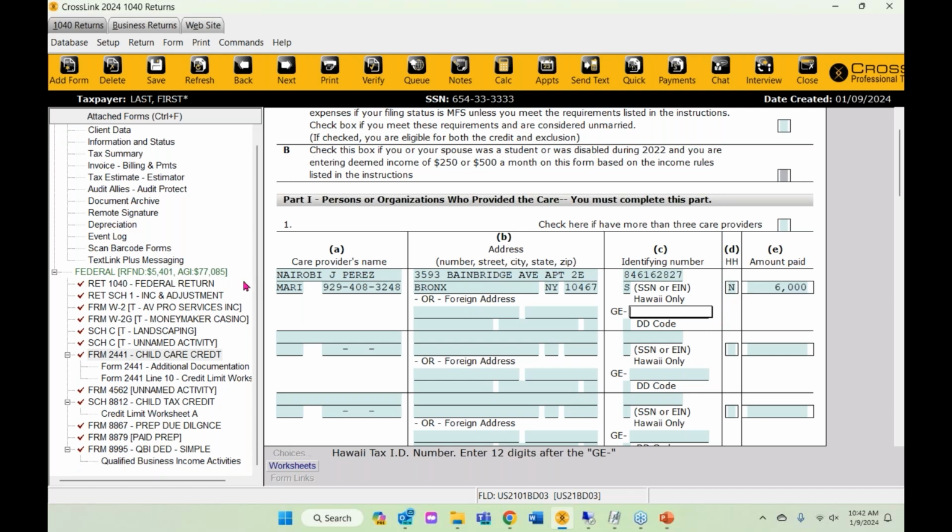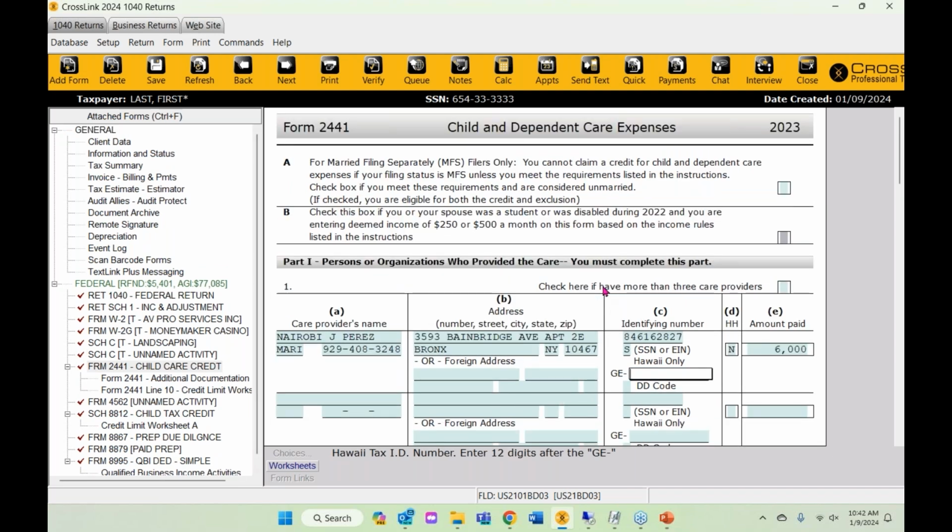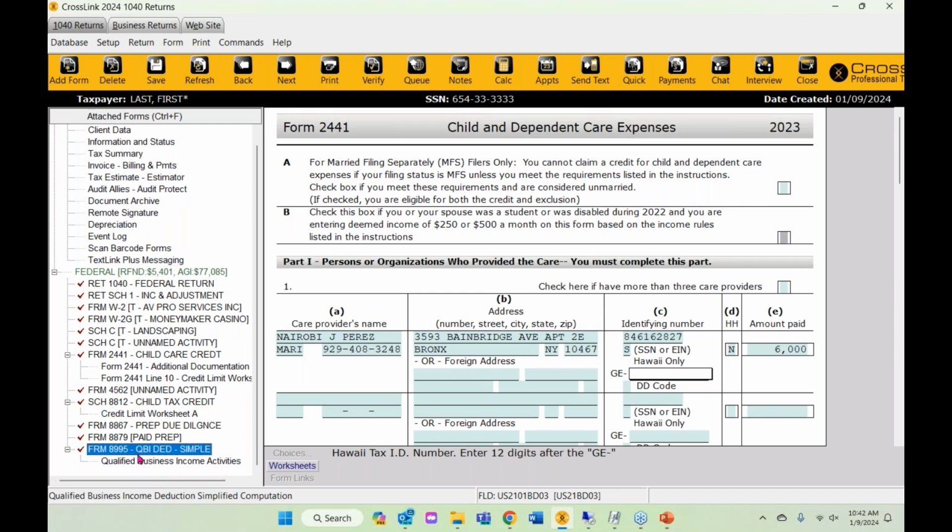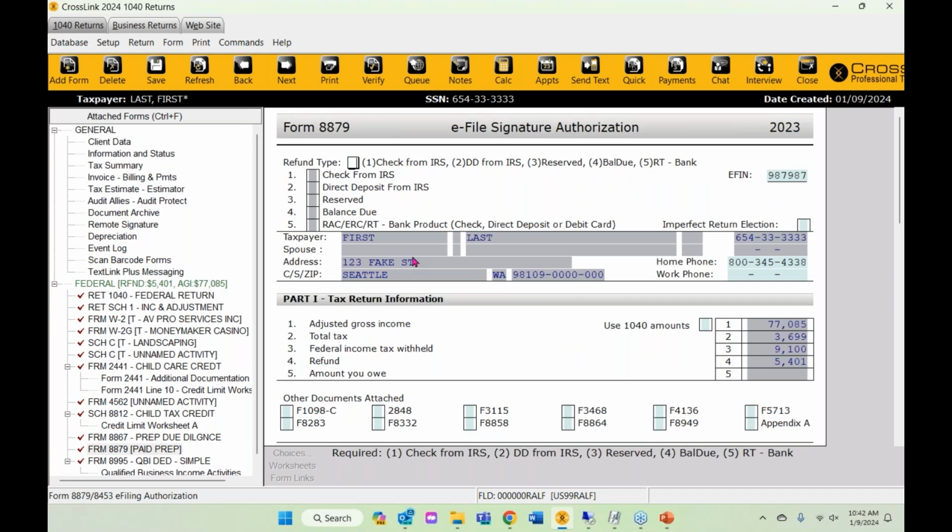And now let's say I filled out this return with all the information that I can think of. I think I'm done with this tax return. One of the final steps, especially if you have a refund, I can see right here on the left that I have a refund of $5,401 with the information that I've entered so far. That's my estimated refund amount. And if I go to my